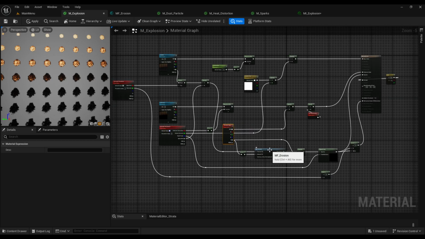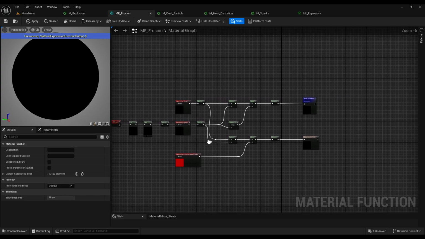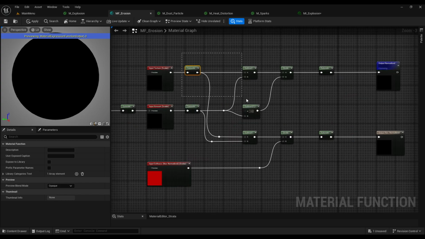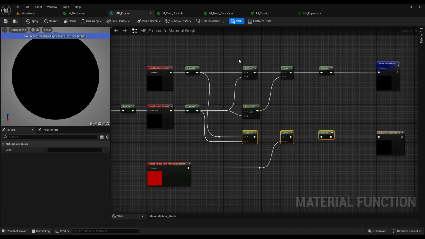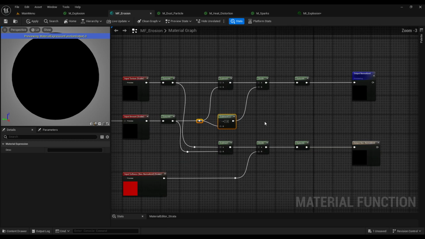And the way this works is, let me open this one. So if I grab this one. By the way, this is the same as this one. It's just non-normalized, if you want a non-normalized value. So if I copy this